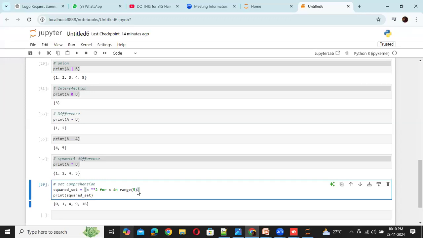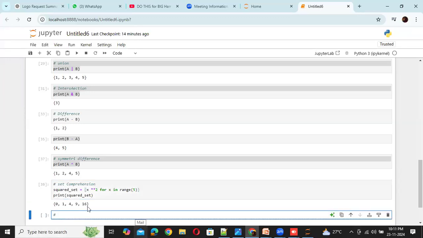And now we will see, okay, sorry. Now next we will see checking membership. How do we check the membership? The in operator, you can use in or not in. For example, you have something called fruits equal to curly braces.